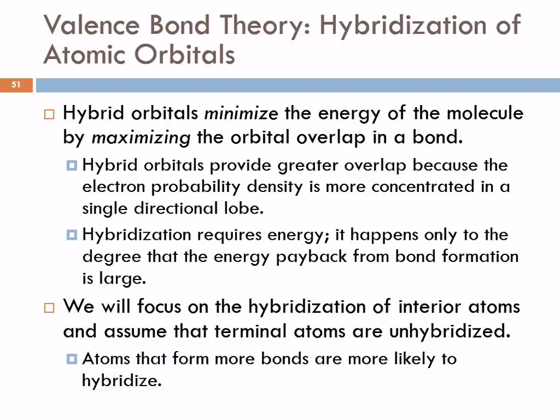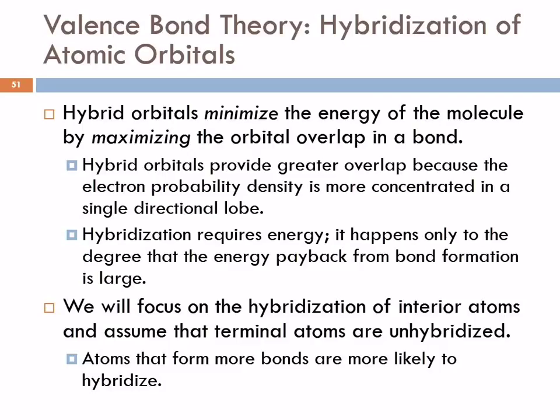So in creating these hybrid orbitals, we minimize the energy of the molecule by maximizing the overlap in that bond. They've got a greater overlap now because the electron density is more concentrated in a single directional lobe rather than being on both sides of the atom. Hybridization does require energy. This rearrangement, combination of orbitals doesn't happen without a cost. And so you're only going to see it happen when you get an energy payback from the formation of the